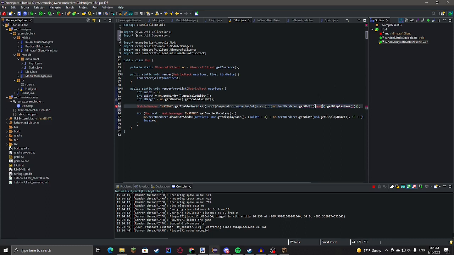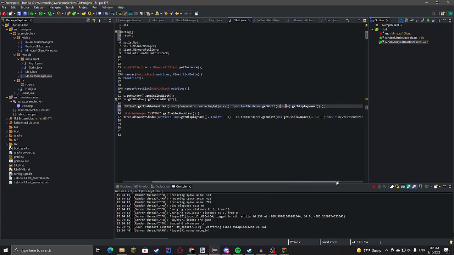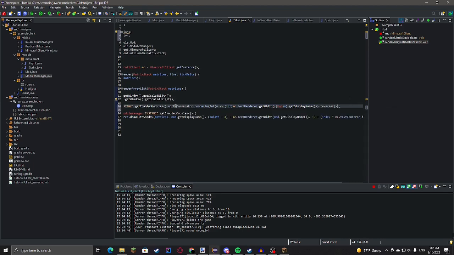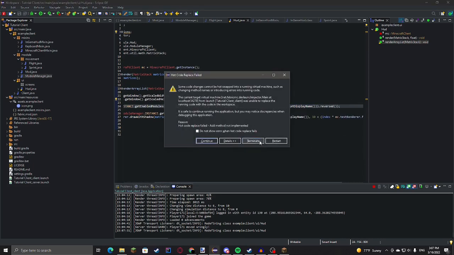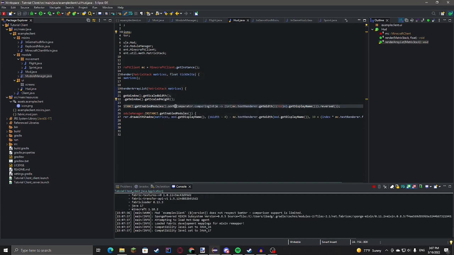There, and then you'd add another parenthesis right there, and then to make it sort biggest to smallest, we'll do dot reversed.